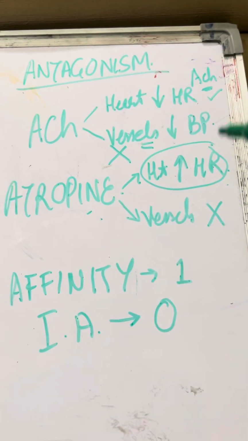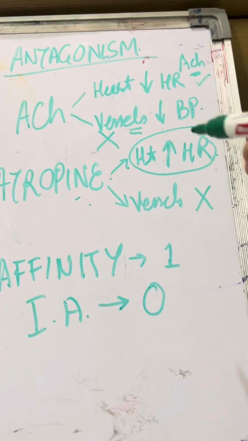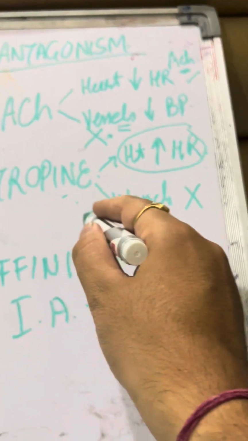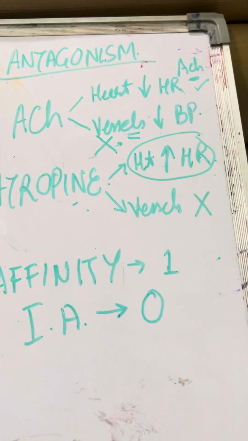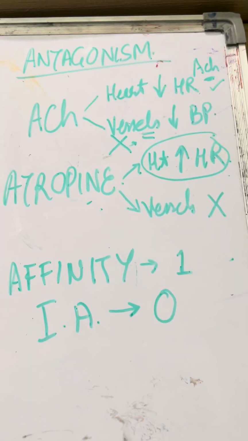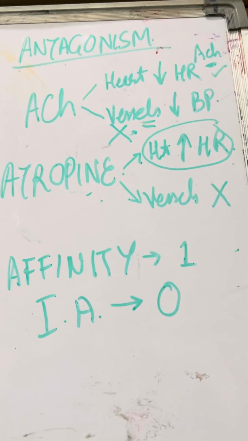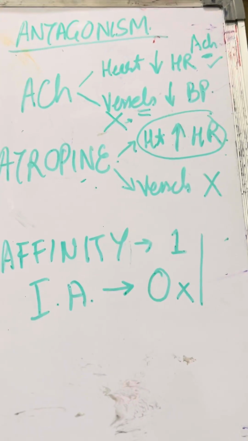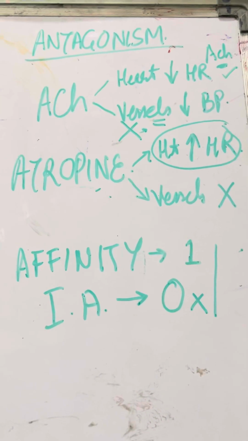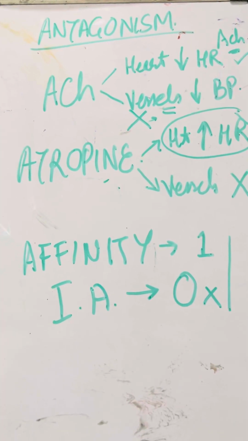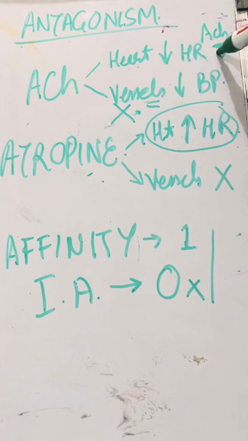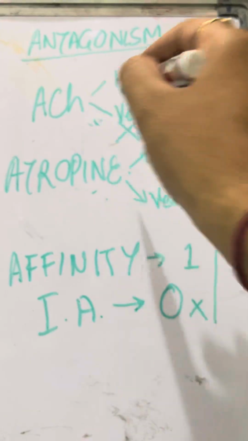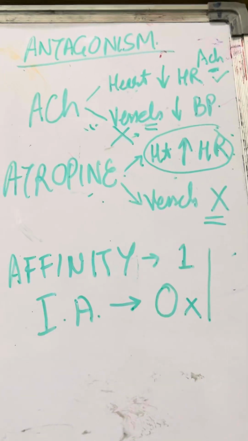All right, but in case of the vessels, because there is no acetylcholine present in the vessels, atropine goes and binds to the receptors, but since there was no acetylcholine to begin with, you will not see any effect, because by nature, the antagonist does not do anything at the level of the receptor, right? So it will just block the effect of acetylcholine. If acetylcholine is present, you will see an opposite effect with atropine. If acetylcholine is not present at that site, you will see no effect.